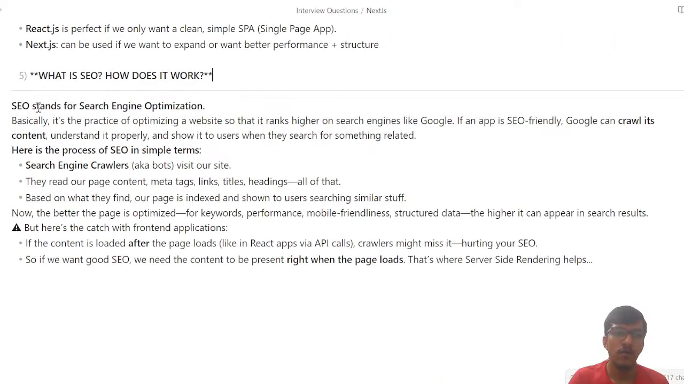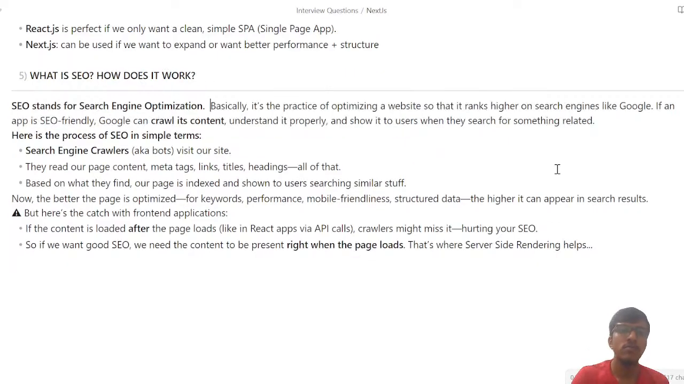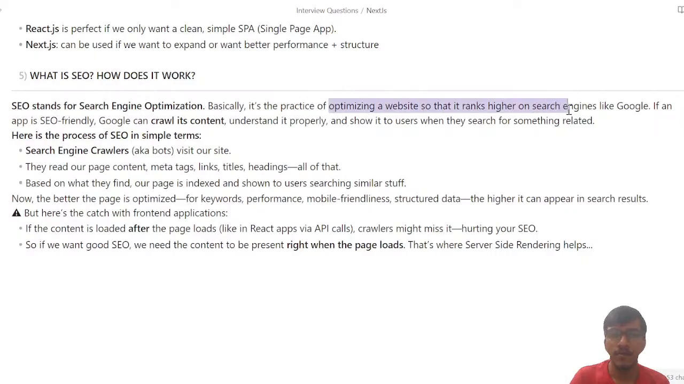What is SEO? How does it work? SEO stands for search engine optimization. Basically, it's a practice for optimizing a website so that it ranks higher on search engines like Google. If an app is SEO friendly, Google can crawl its content, understand it properly, and show it to users when they search